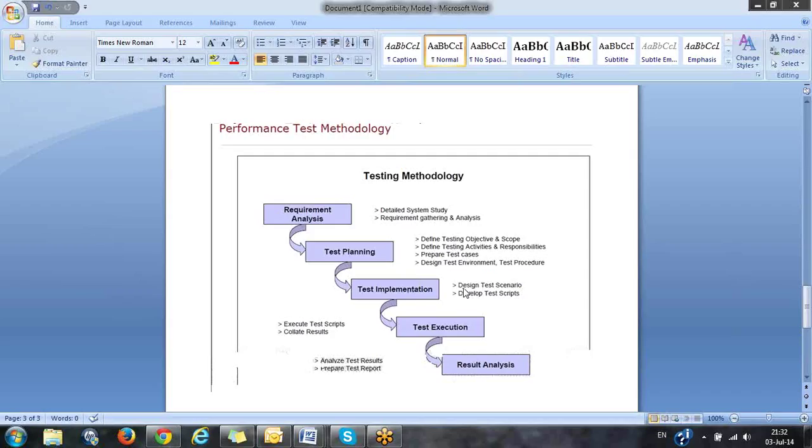That means we either use a LoadRunner tool or JMeter, or you go with Silk Performer, or you go with Rational Performance Tester and Visual Studio. We have many different performance testing tools. Then you will decide what is the tool you have to use, and then you will prepare scripts for the requirements you have finalized. How do you actually prepare the scripts? It depends on the tool.